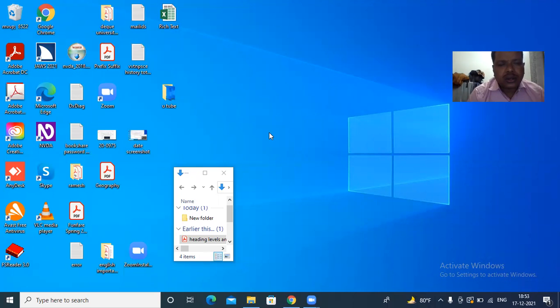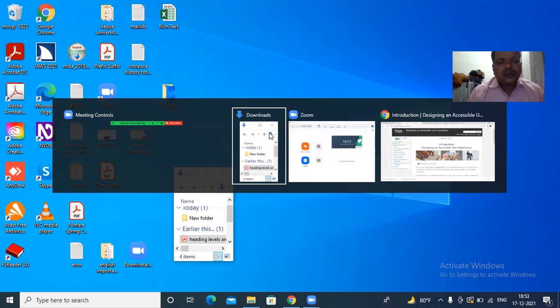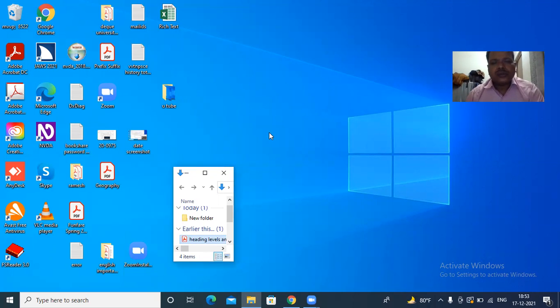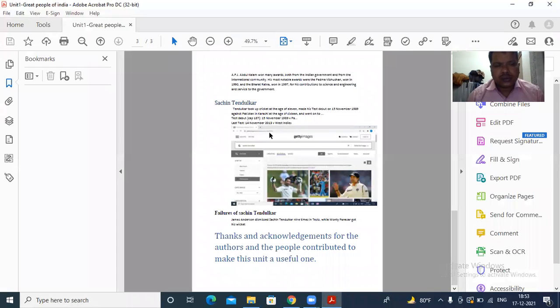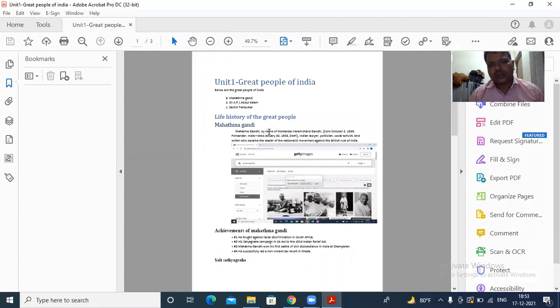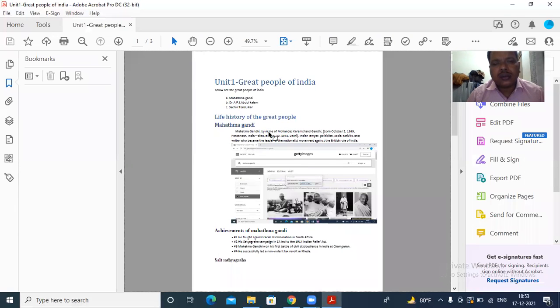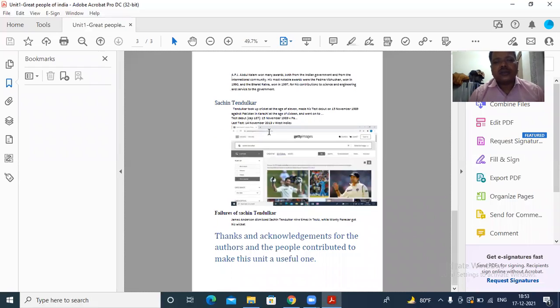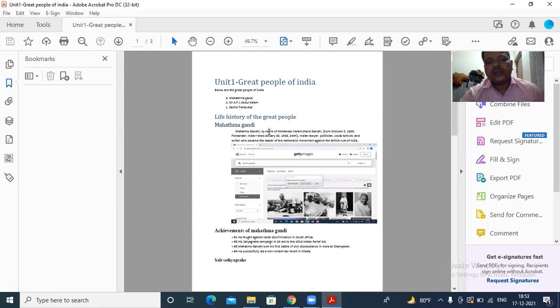So for that, I'm going to open a file. Downloads row 1 column 2. Downloads items view list. Earlier this week grouping expanded. Heading levels and images 2 of 4. Unit 1 dash Right People of India dash shadow. Heading level 1 page 1 unit 1 dash Right People of India. Let me make sure that the document is in entire page. Document setup reading. I'm giving Control End. Page 3 1 dot. So it contains only 3 pages. I'm going to the top of the document. Heading level 1 page 1 unit 1 dash Right People of India.